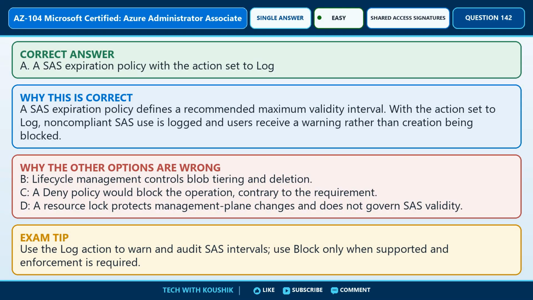The best answer is option A. A SAS expiration policy with the action set to log. The reasoning is as follows. A SAS expiration policy defines a recommended maximum validity interval. With the action set to log, non-compliant SAS use is logged and users receive a warning rather than creation being blocked. The alternatives can be eliminated because